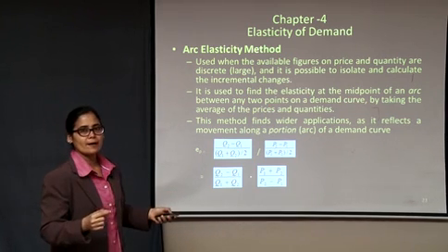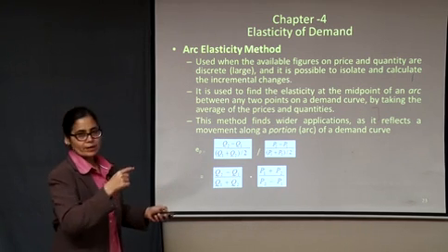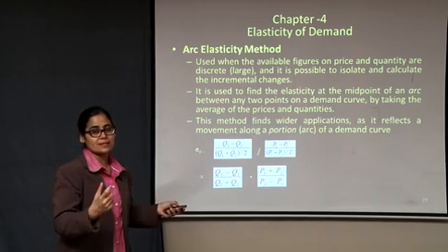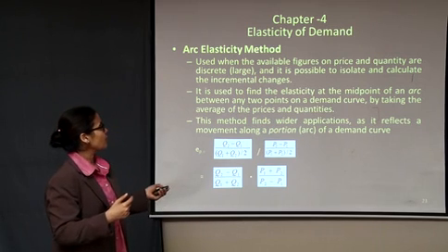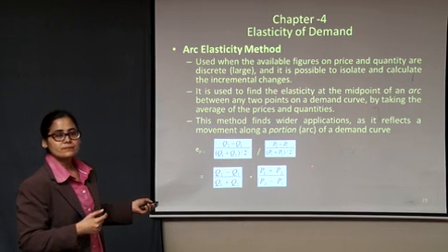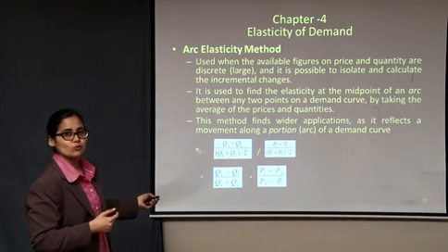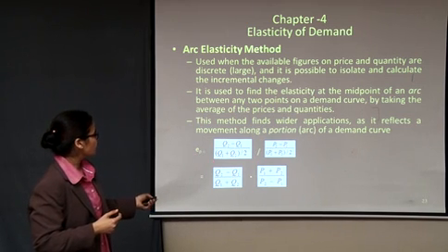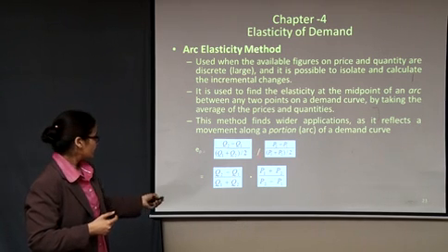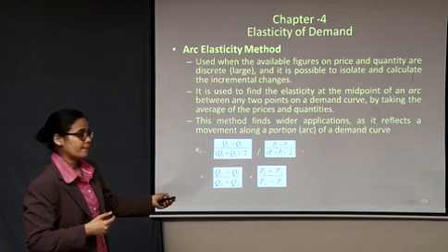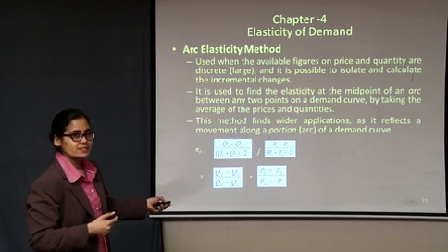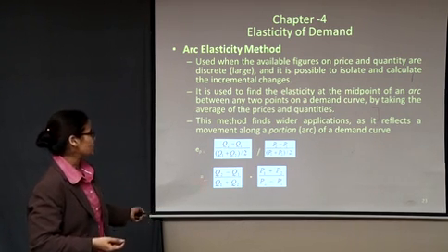So you have to draw the diagram, okay, as I'll be drawing the diagram, and you will see that there are 2 points, and on those 2 points you can measure this arc elasticity. This is the formula which is given to you, Q2 minus Q1 divided by Q2 plus Q1, again that is a fraction, divided by 2, divided by P2 minus P1 upon P1 plus P2 divided by 2. Now this 2 gets cancelled, I will explain you, and this is your actual formula.